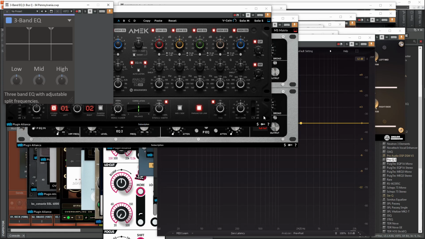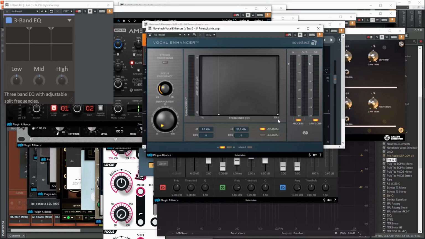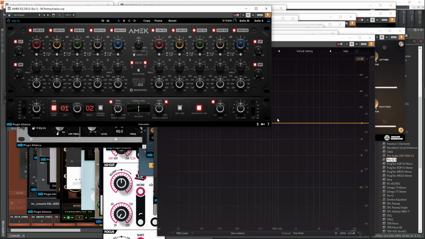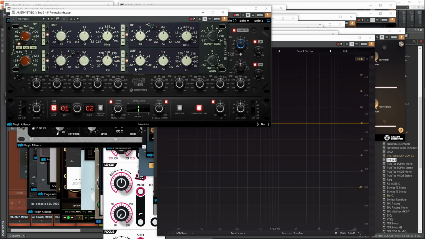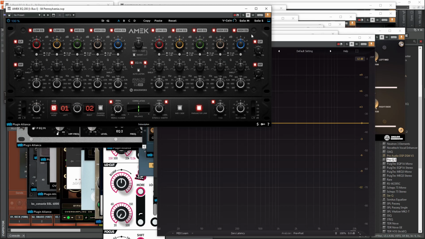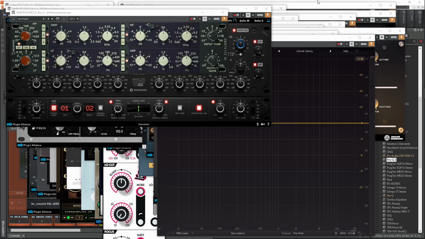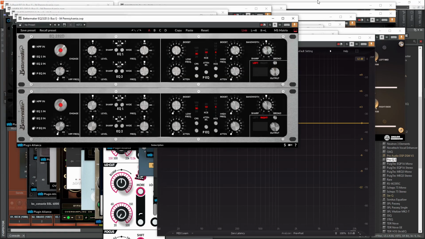Now, it looks like there's a ton of choices that are just completely arbitrary. Look, we have frequencies here, and then we have frequencies here. Why does that matter? One of the things that happens as you use these plugins,